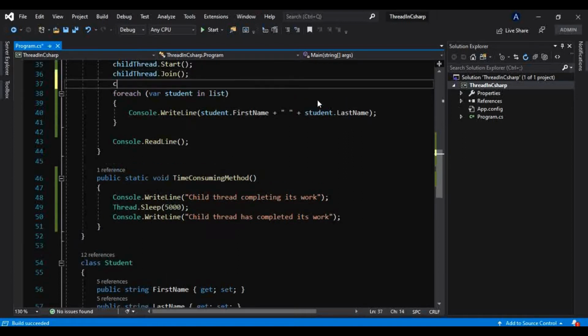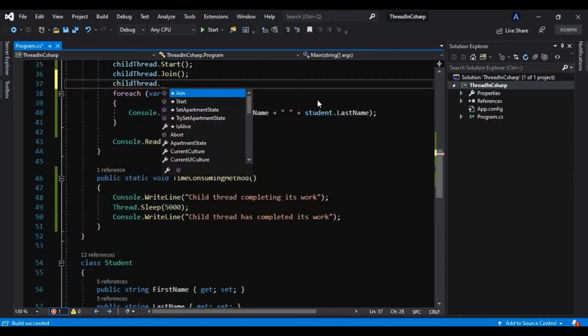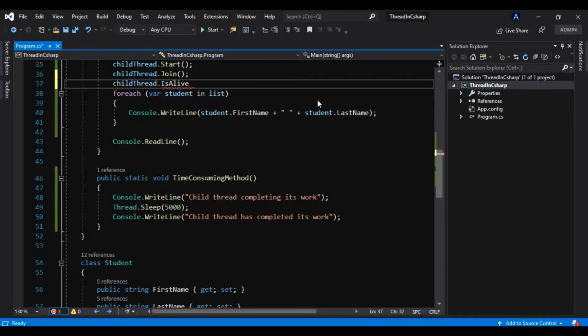After joining that, what I can do is child thread dot isAlive. There is a method, and that method returns a bool, that is true or false.